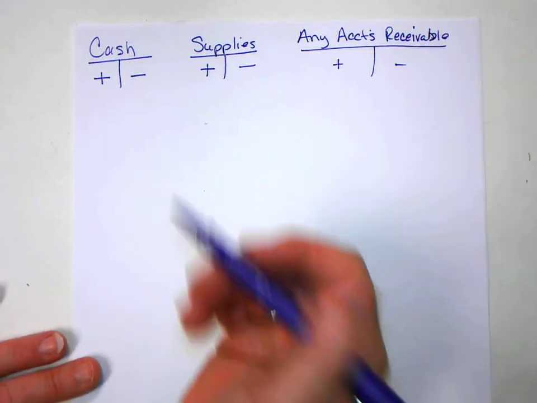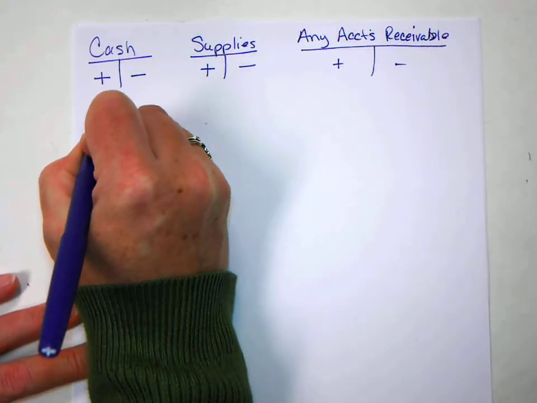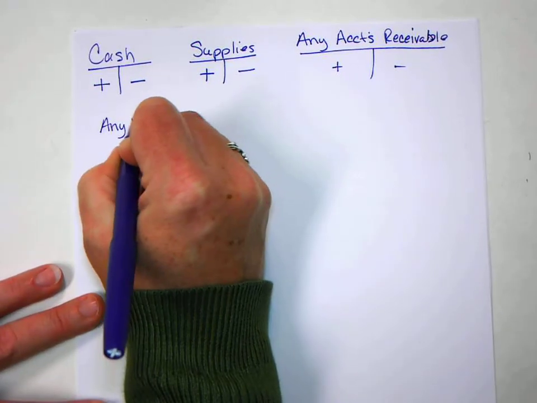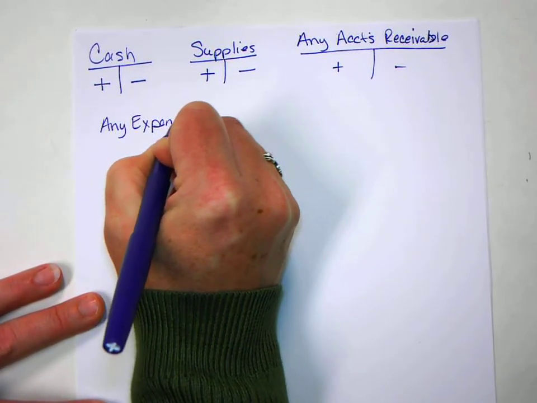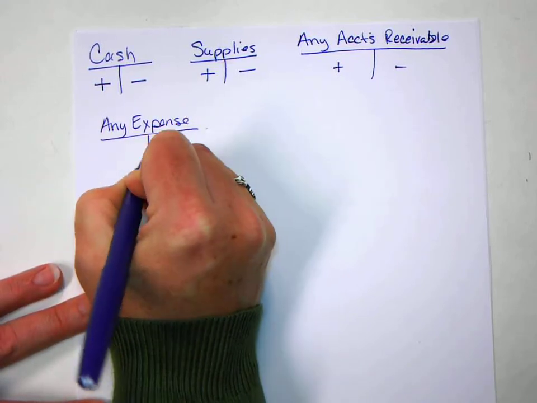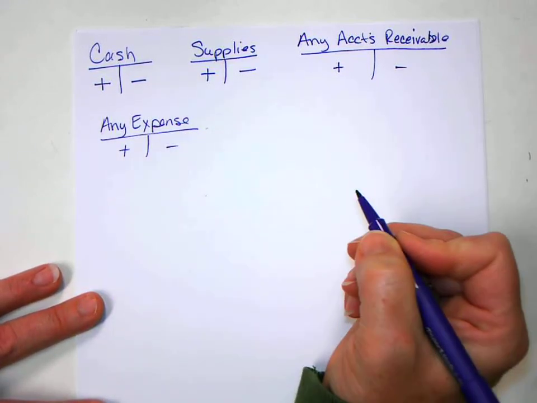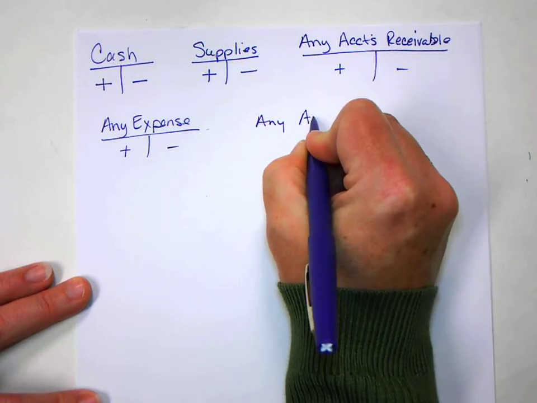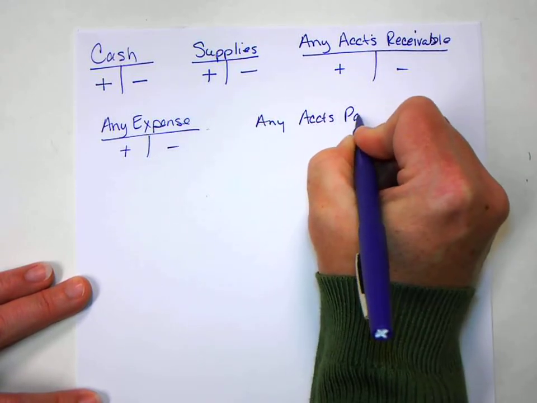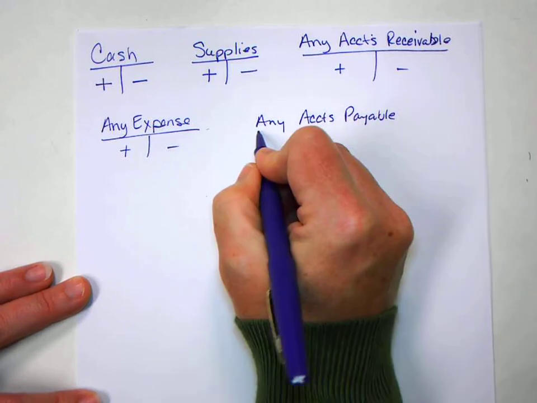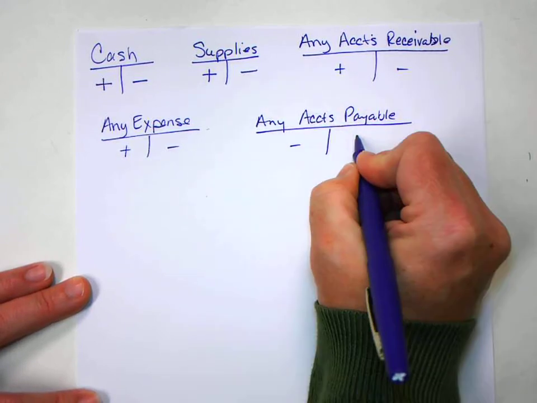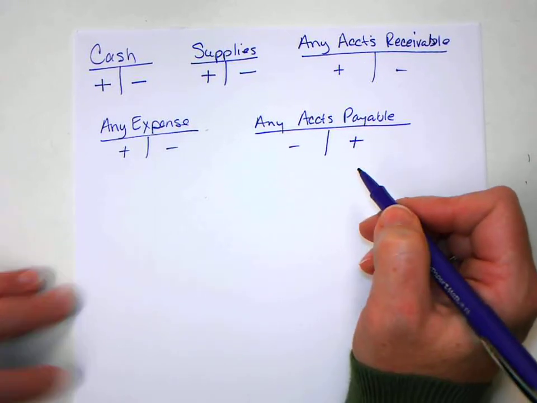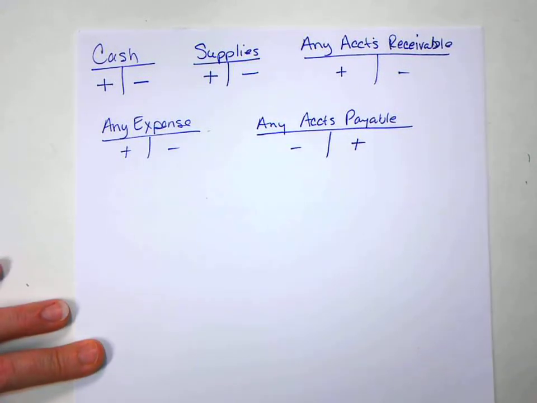Okay. Then any expense: utilities expense, advertising expense, rent expense, doesn't matter. Any kind of expense has a normal balance of a debit. Okay. And any accounts payable, any payables, is a normal balance of a credit. Okay? Now,